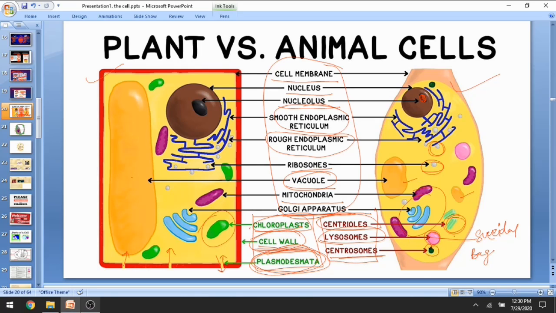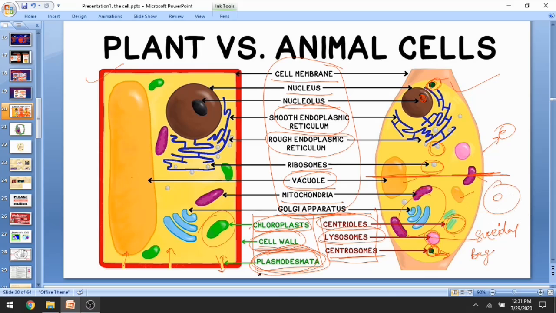Centrosome, which is present at both the ends. See, it is present here and here. So these, at the north pole and south pole of the cell, the centrosomes, are responsible for division. Before the parent cell divides into daughter cells, these centrosomes move apart from each other, creating a fissure at the center, and hence they are responsible for division of the cell. During division, these centrosomes move apart, creating a fissure at the center and helping in division of the entire parent cell into two daughter cells with equal halves of nucleus genetic material within them.